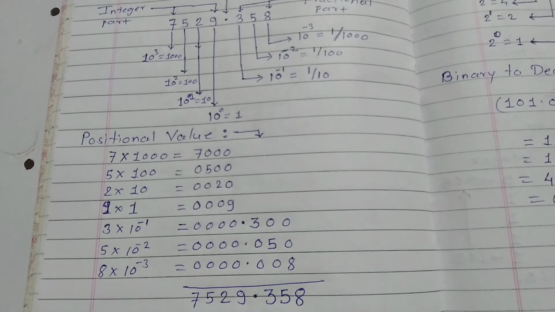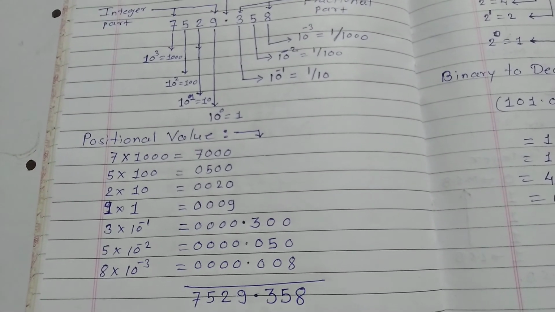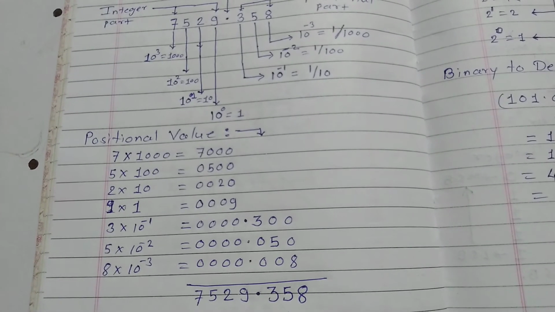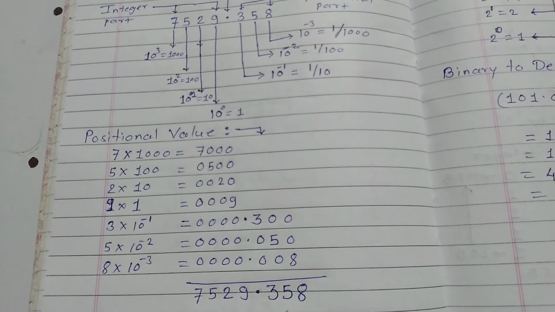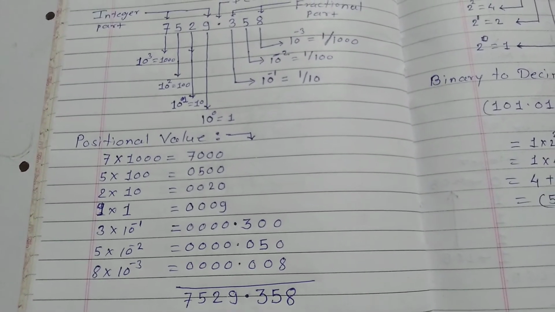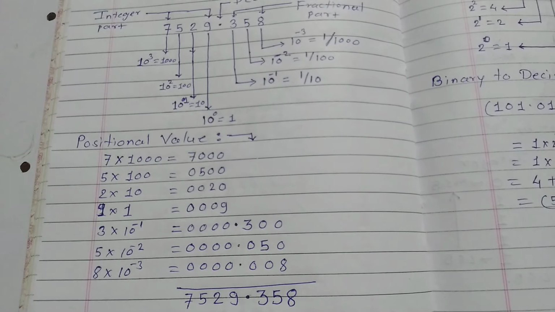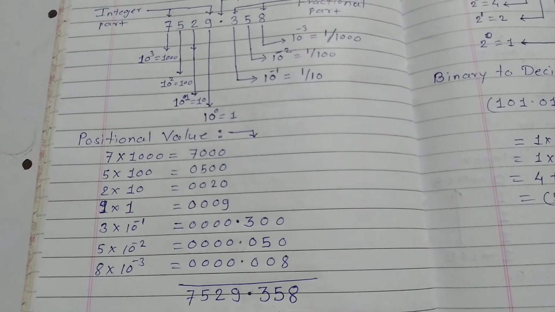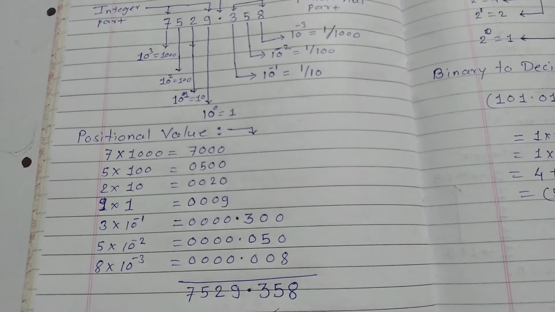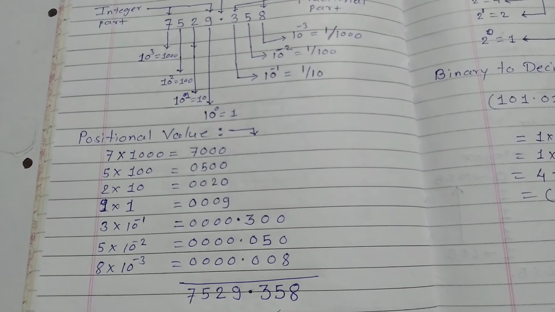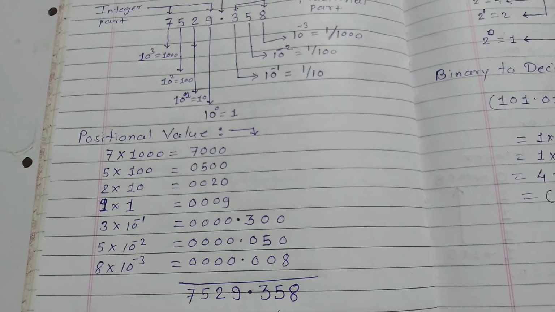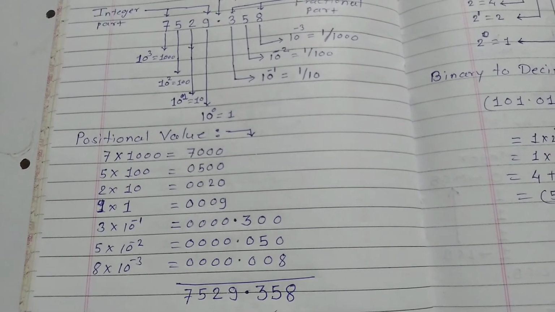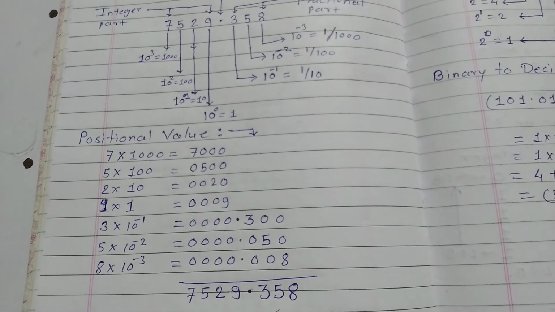is the last digit in the integer part of this number. So 9 into 10 raised to 0, that is 1, so 9 into 1 is 9. In the fractional part, 3 is the first digit after the decimal point, so 3 into 10 raised to minus 1 is 0.3. Then 5 into 10 raised to minus 2 is 0.05, and 8 into 10 raised to minus 3, this